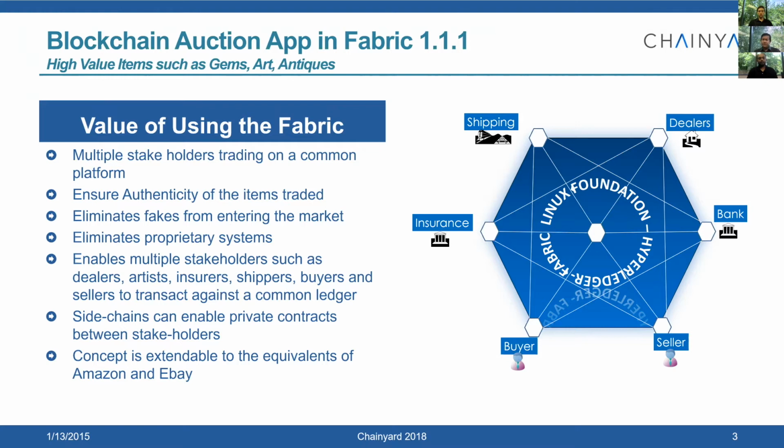Normally there are people who own art items, and they want to register it on the blockchain to make sure there's an authentic representation of the piece of art that they own. Essentially, the idea is to get rid of fakes. And there are people who would like to buy art and collect it, like the buyers. When a seller intends to sell a piece of art, he puts it on the blockchain, and some auction house like Sotheby's picks it up. They evaluate the piece of art, give it to their validators, and once the piece of art is genuine, they put it on the auction block. A number of bidders can bid on it, and in our demo, we will have a buyer who bids on it and takes possession of that piece of art.